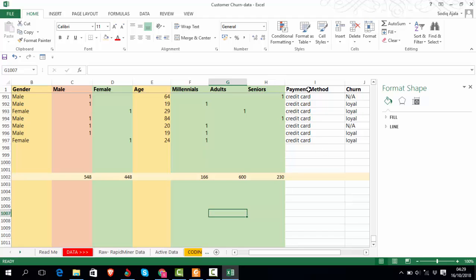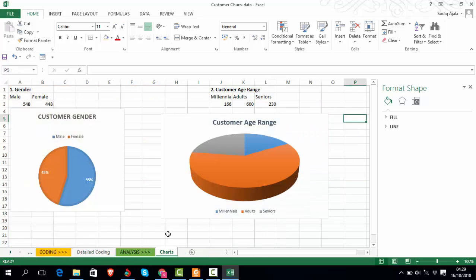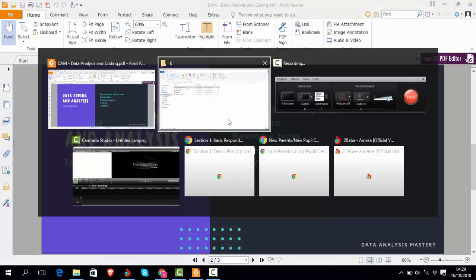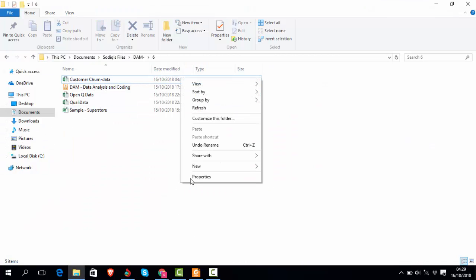So I could tell from the payment method too, and from the churn rate. Let me use that word. So aside from charts, there are several other things. You may want to create a graph, you can tell anything. So this is basically what coding and analysis is. But I'm doing this in a quantitative way. So take for instance, you've collected your data using ethnography or using focus groups. So in areas where you have more qualitative data, what's going to happen in there? So let me just save this part